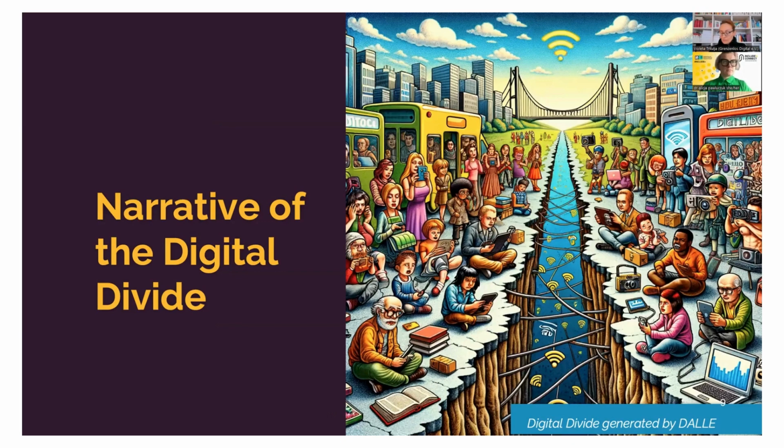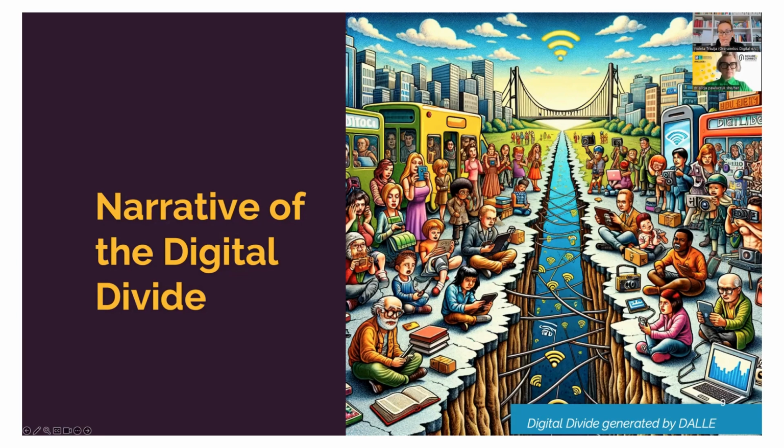So I asked DALL-E to give me a picture of the digital divide in a graphical way, and it came up with this. We see here two groups of people, and they are divided by a big gap, which might be lethal if you try to cross. On the one hand, you have people with access to digital technologies. They have cameras, they have laptops, they have iPads. On the other hand, you have people who are reading books and doing more analog stuff. And we have been using this picture, this narrative, this mental image of the digital divide for over 25